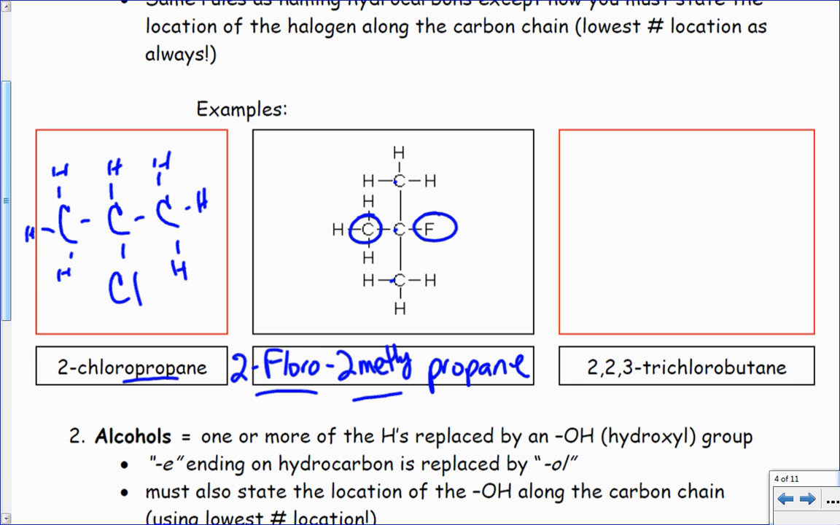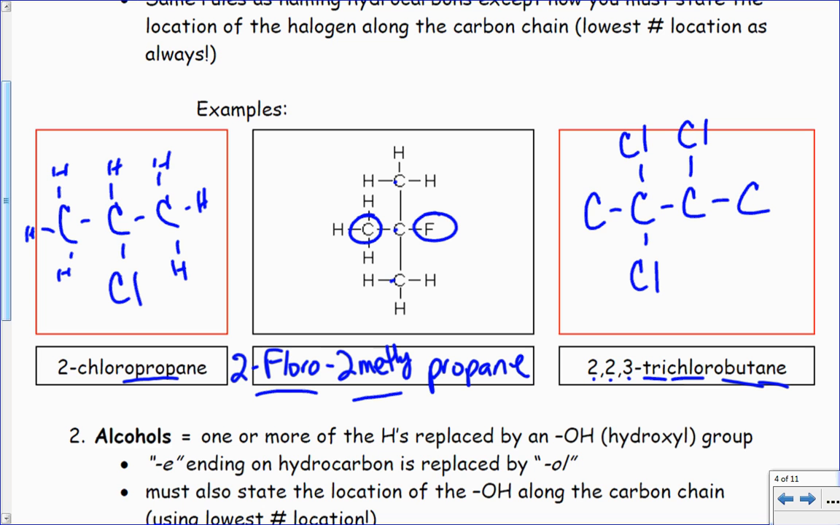I see a 2,2,3 trichlorobutane. Let me start with the but. But is 4 carbons. 1, 2, 3, 4. Ane tells me they're single bonded. I have 3 chlorines, 1 at the 2, 1 at the 2, 1 at the 3. So there's a chlorine,